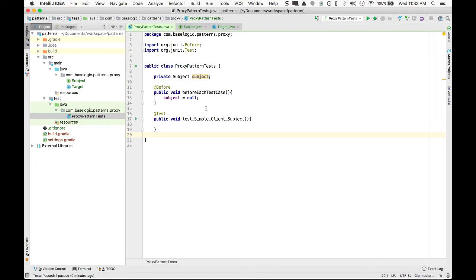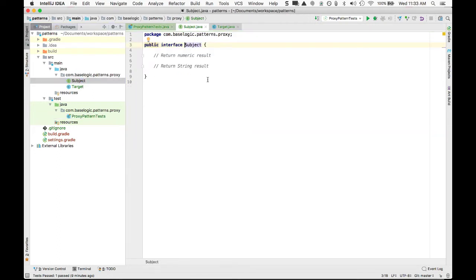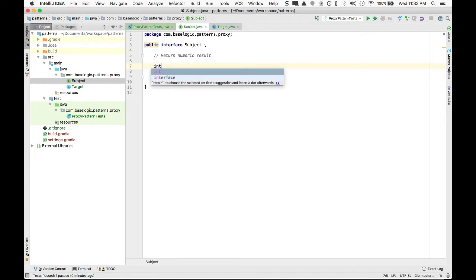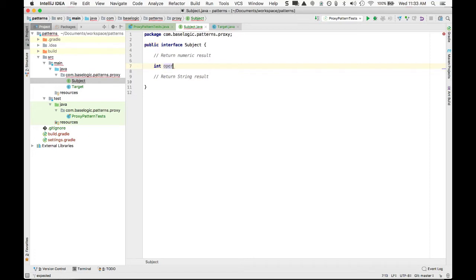Now in code, let's say we have a subject. Now I've created a project, and this project will be available on GitHub later. Now I've created a subject, and what I'd like to do is let's create a couple contractual obligations, right? So let's just say that I would like to create something that returns an integer, and let's just say we'll call this an operation